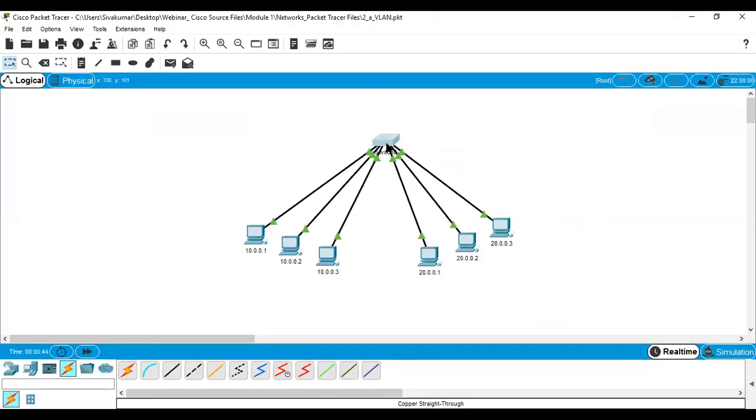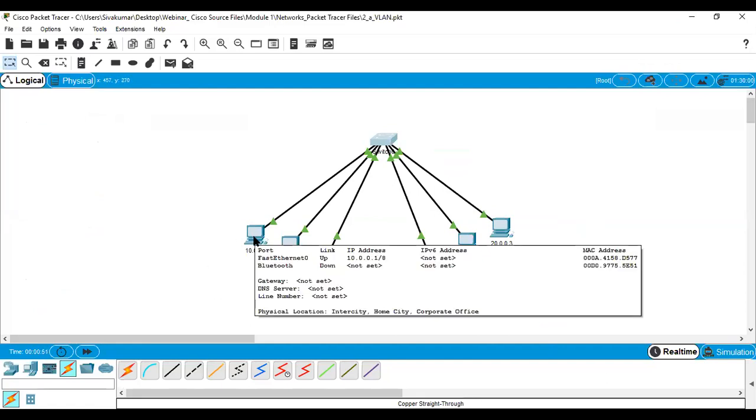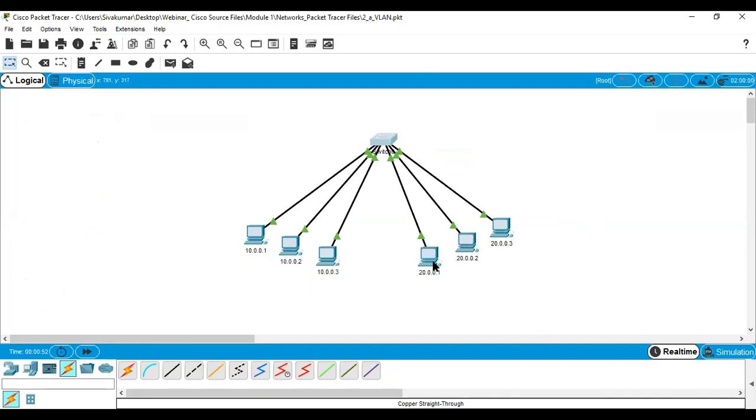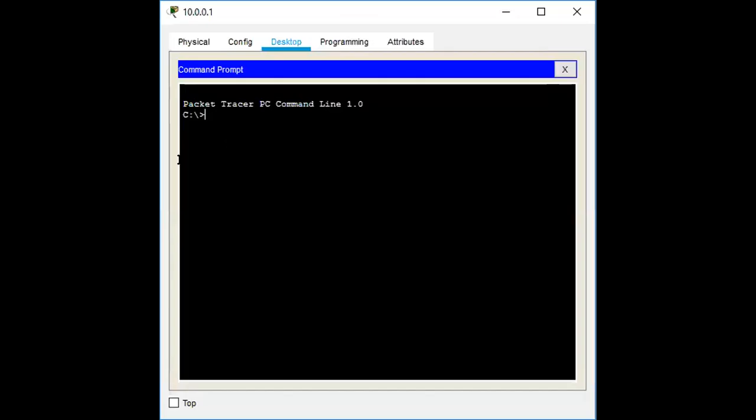Now you simulate, in real time. I want to check access. I want to send data from 10 to 20. Is it possible or not? It is not possible, we will check. This is our source system and this is the destination system. Click here, go to desktop, go to command prompt.